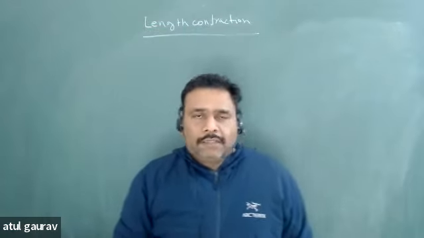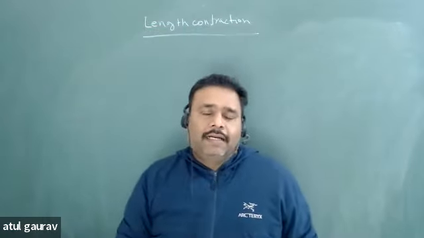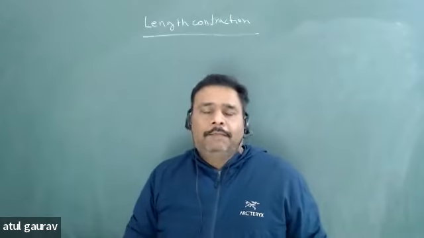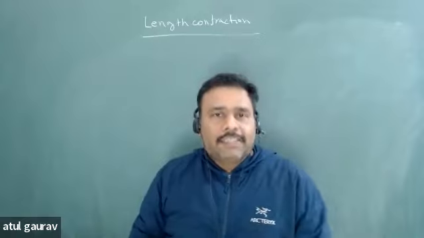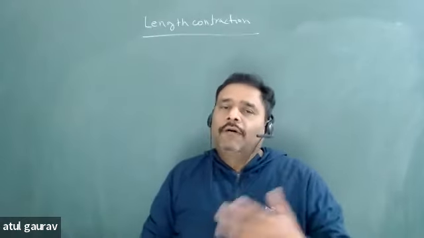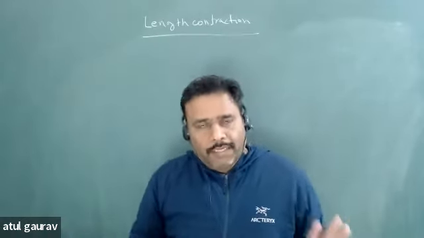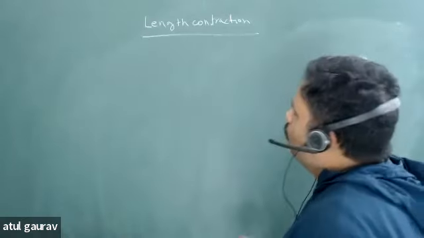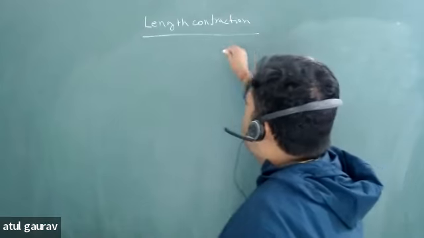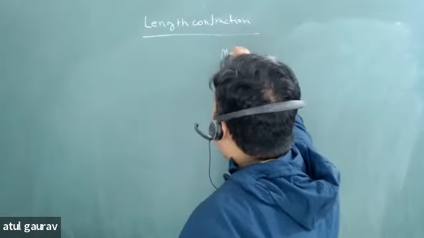What is the meaning of rest frame? It means that if your velocity and the frame velocity are the same, then you are in the rest frame of that particular frame. So we have to be very clear. What is length contraction? The one-liner for length contraction is: moving rod